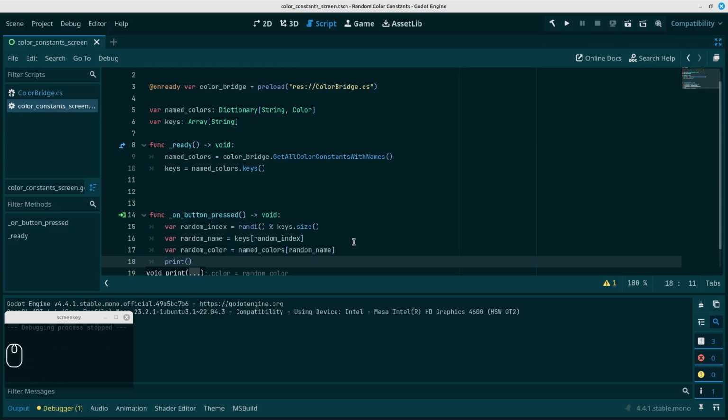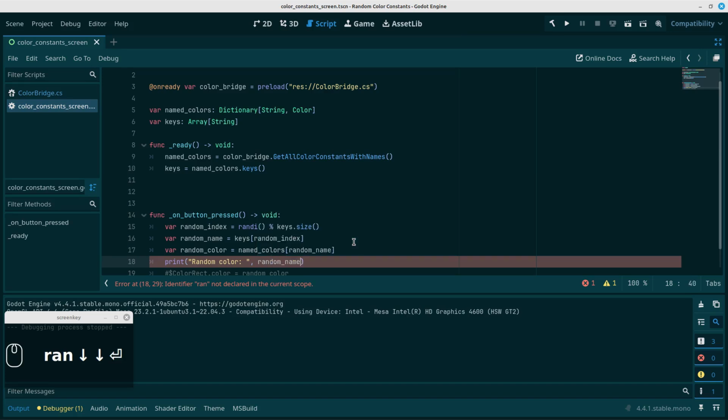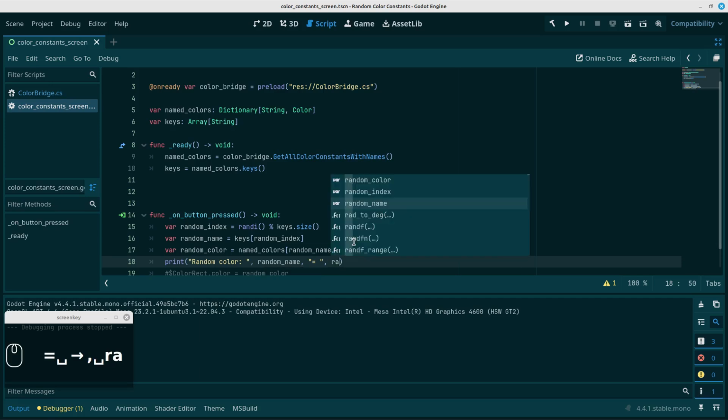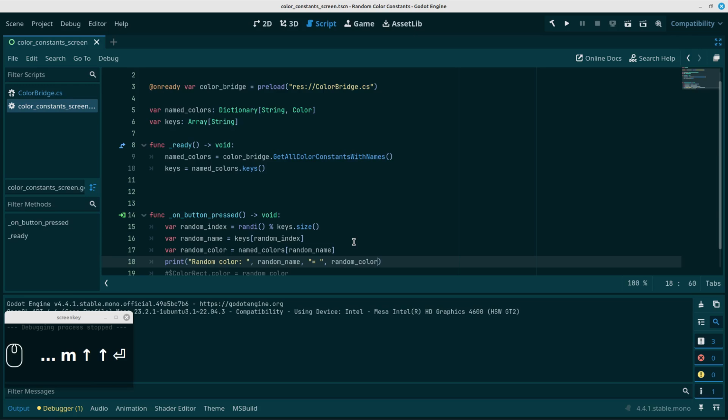And if we want to test this, we can use a print statement before we do anything else, and let's just print something like a random color, colon space random name, comma, let's put an equal sign here again, and comma random color. Let's see what that gives us. Save this,